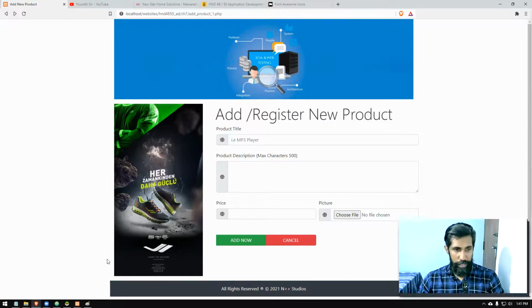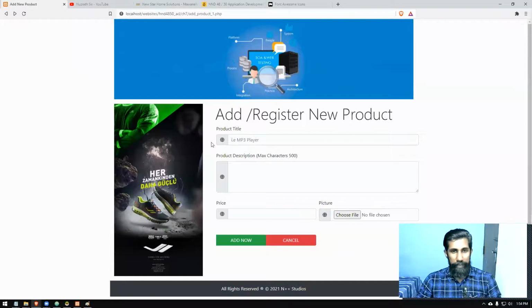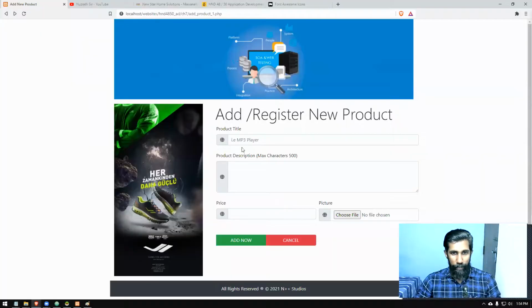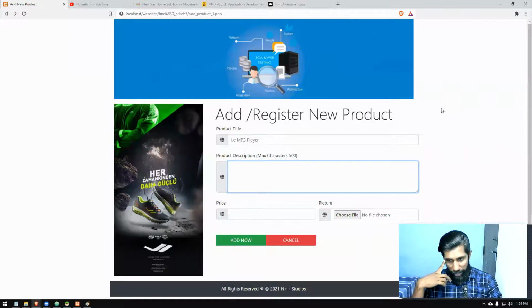So, right, I just built it. This is quite fine for me. So, next portion of this session, we're going to fill this information here, hit the add now button, and receive the information in the second page. Remember, I have not done the validations. Fine tuning the application, I will do it separately. Let me do that one by one.